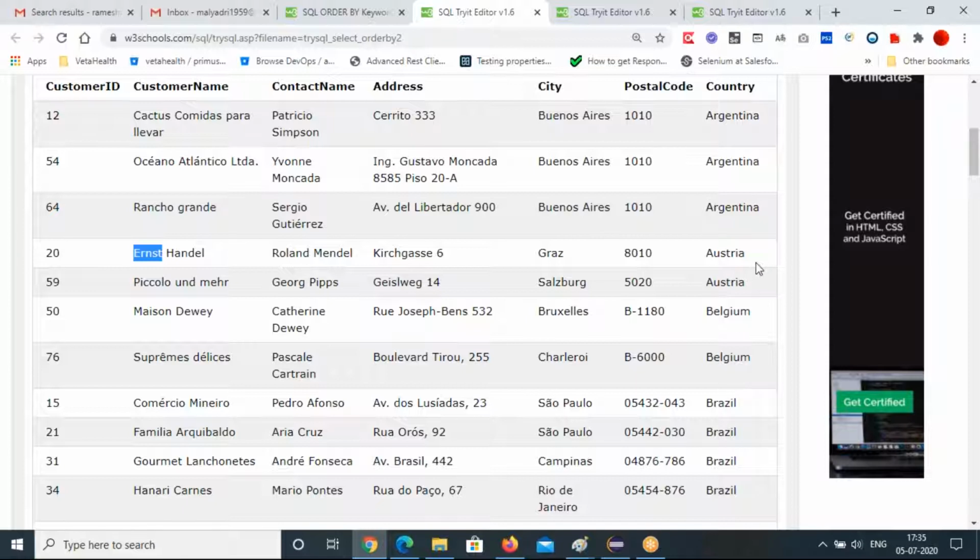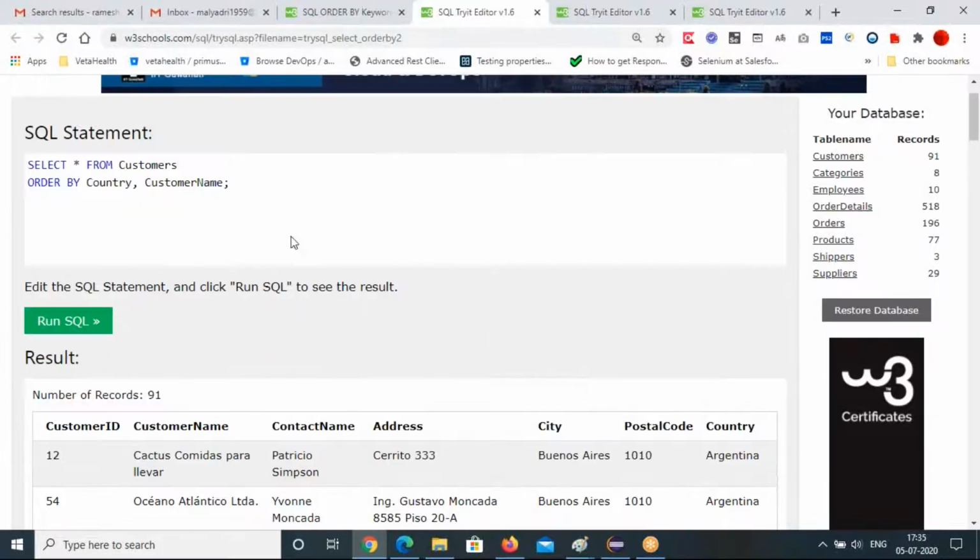I think it has first given preference to country. Yeah, that's right. Then it goes for customer name, the second one. So let's do vice versa. What will happen?